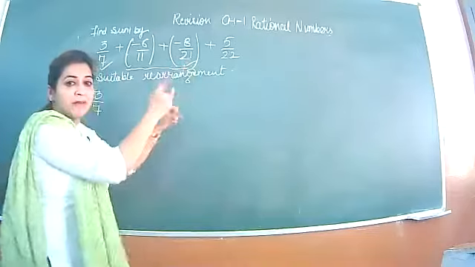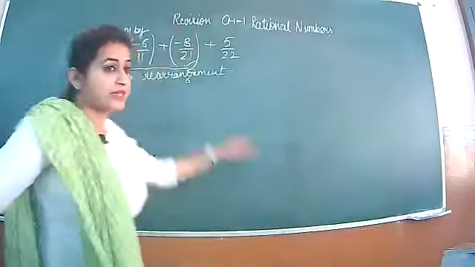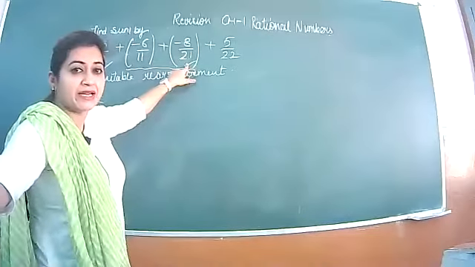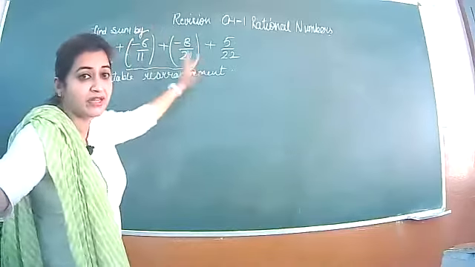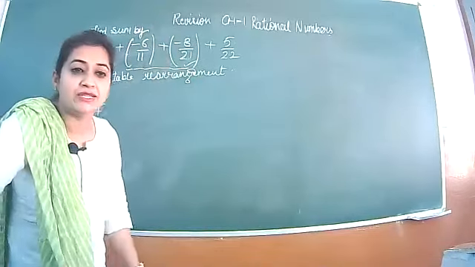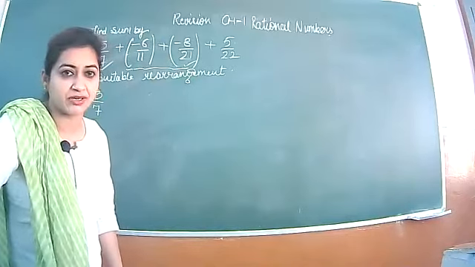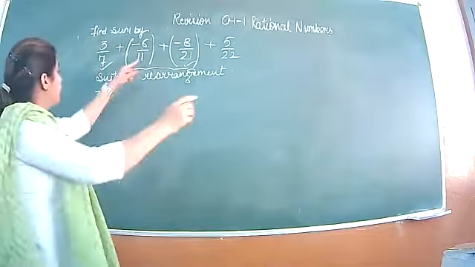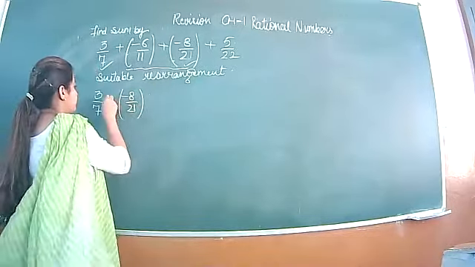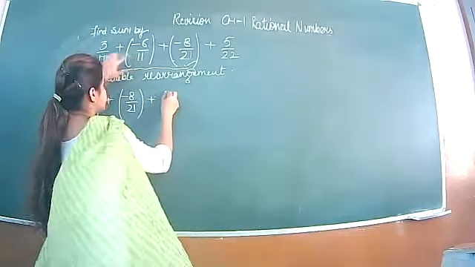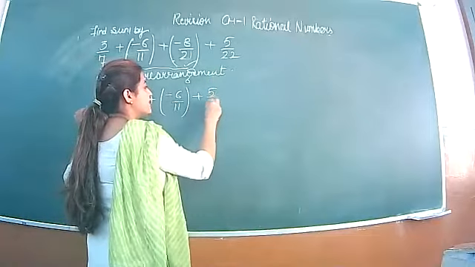If you change the place of two terms, can you tell me the name of this property? This is A by B, this is C by D. C by D you will write first, A by B you will write here. If you shift the place, it is known as commutative property of addition. So this term will be written here at the second place. This second term will be shifted at the third place, and the last term will be same.